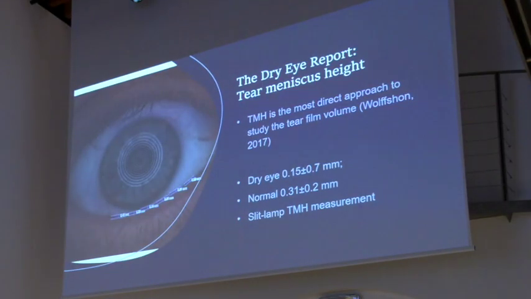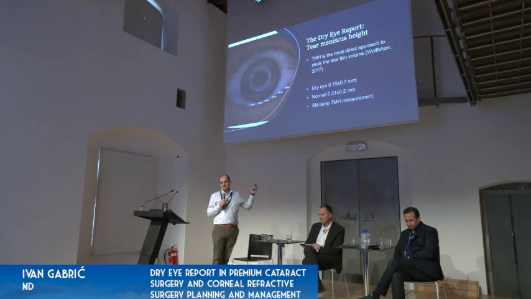Bulbar redness, evaluated. Tear meniscus, I almost never measure it. I know I'm a bad person for not doing it, but I do the damage stream, I do the redness assessment, and I talk to the patient. It's more than enough for 95% of patients, and then I assess the tear film at the slit lamp, and I just kind of figure out how many millimeters that is.